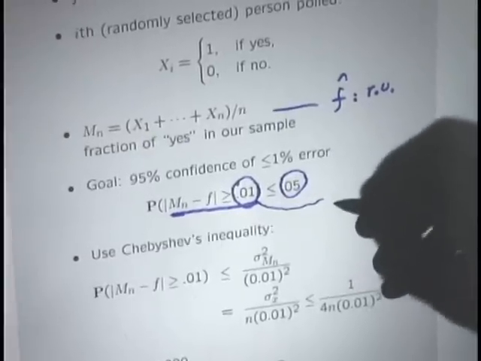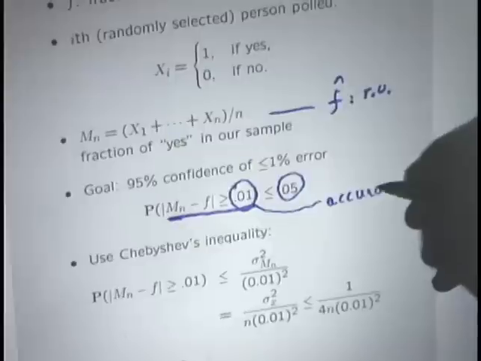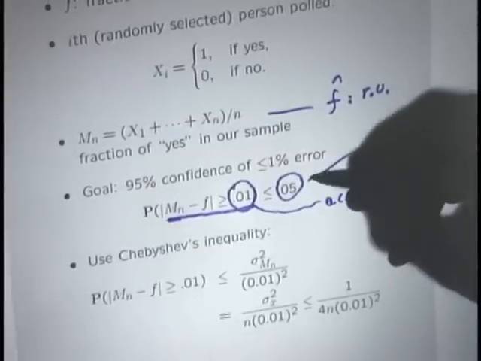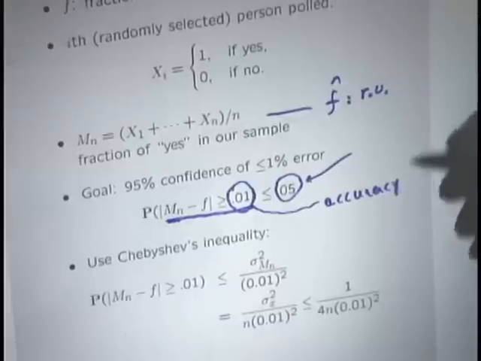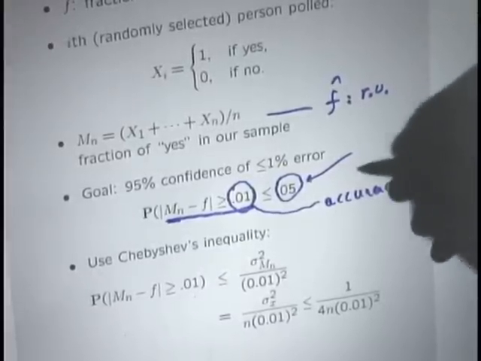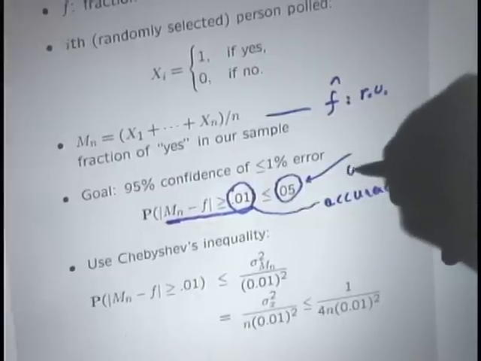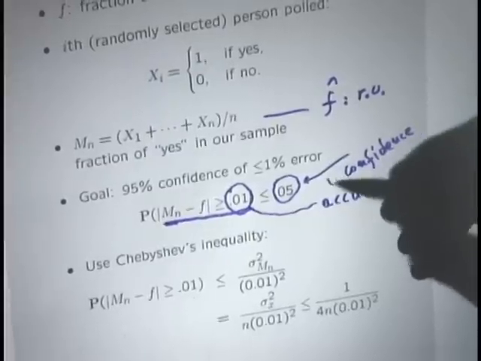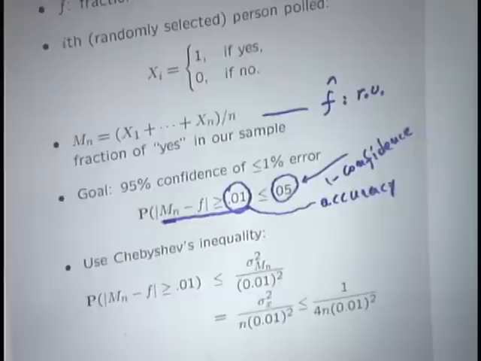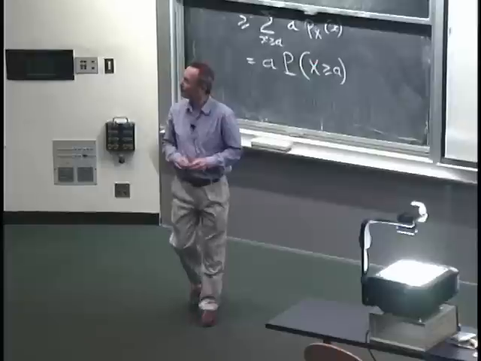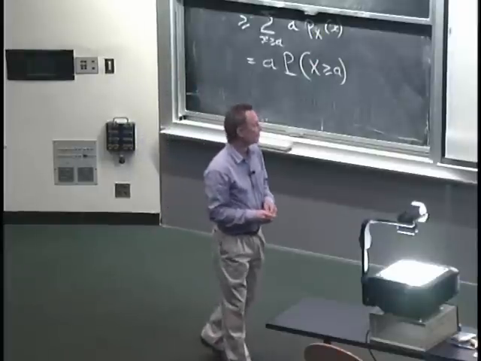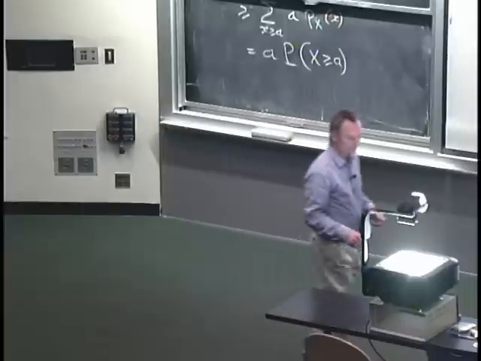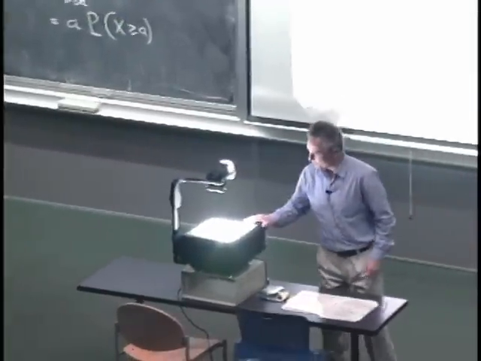So this number is the accuracy that we want. It's the desired accuracy. And this number has to do with the confidence that we want. So 1 minus that number, we could call it the confidence that we want out of our sample. So this is really 1 minus confidence. All right. So now your job is to figure out how large an n, how large a sample, you should be using in order to satisfy the specs that your boss gave you. All you know at this stage is the Chebyshev inequality, so you just try to use it.